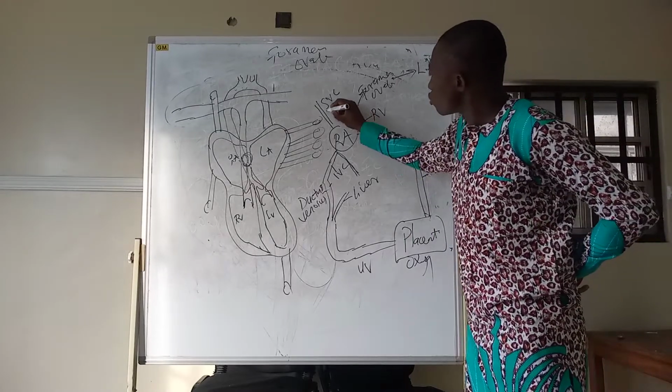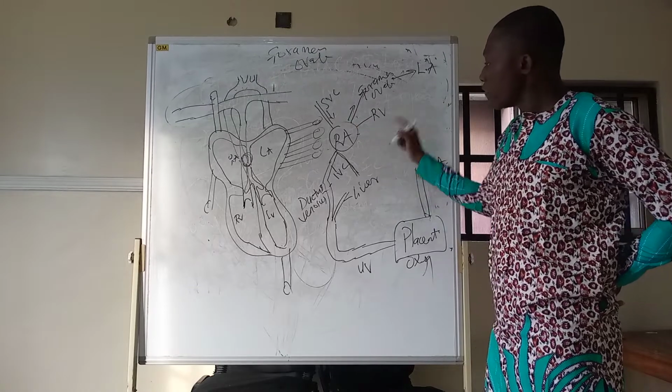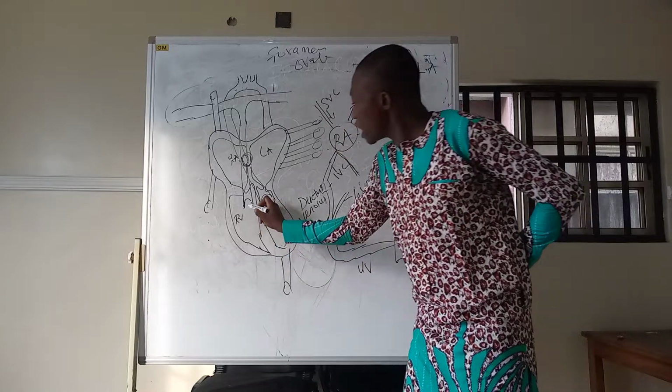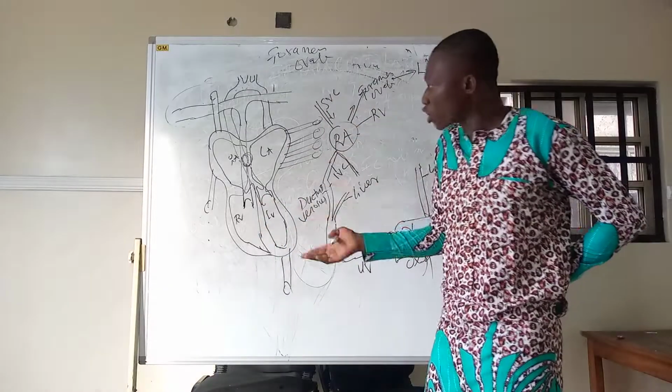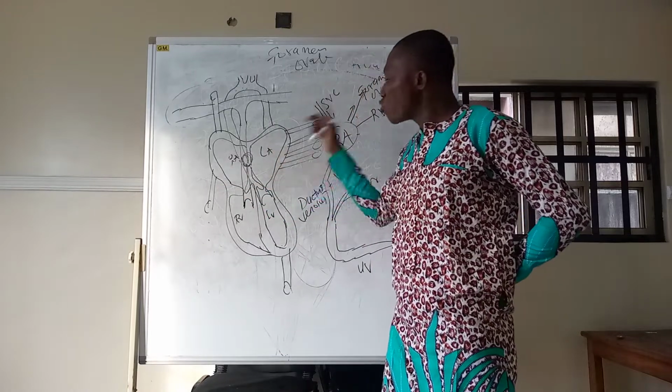Little from the right atrium enters what? Enters the right ventricle. And once it enters the right ventricle, the next thing is the little that does leave, it's not as if it is much. The majority passes from right atrium to where? Left atrium. So that it will bypass this right